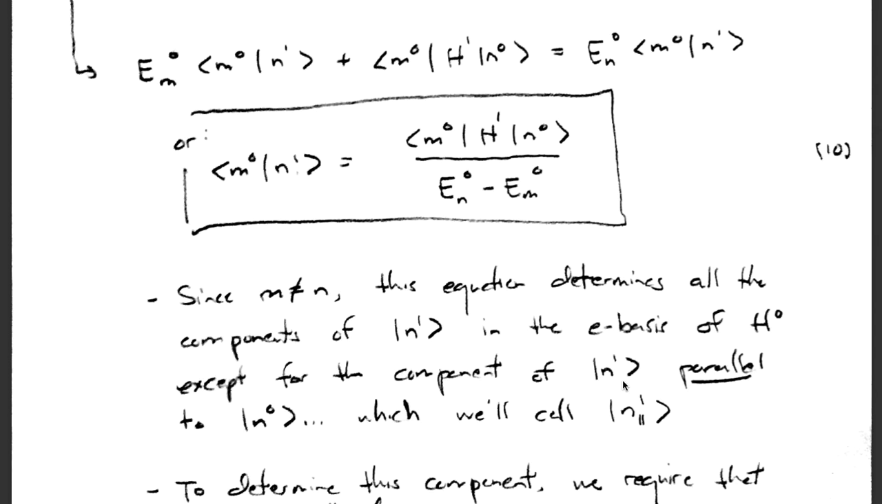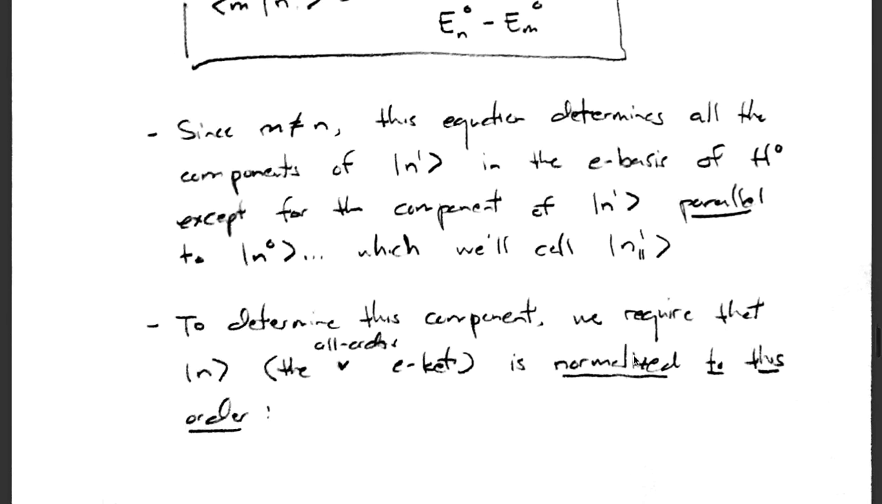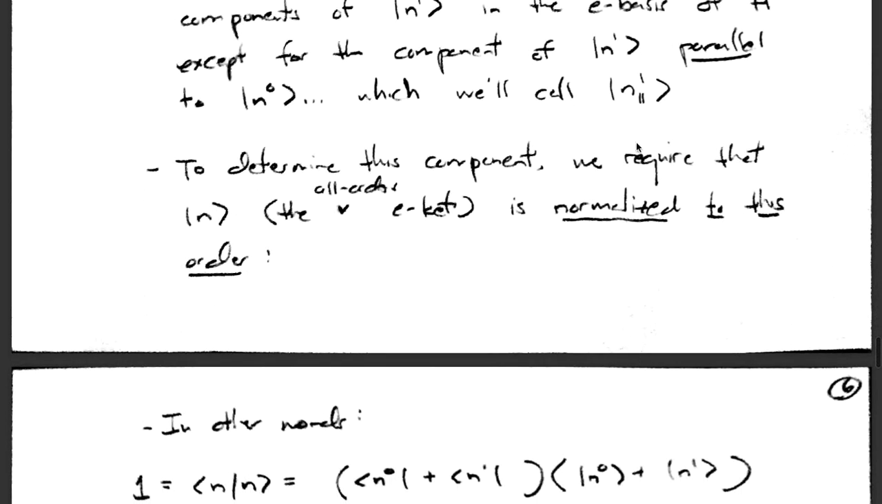All right. And we're going to call the parallel piece N1 parallel. I know it's imaginative, but that's what we'll call it. Okay. So what we want to do is try to determine this piece. And to do that, we're going to require the all orders eigenket to be